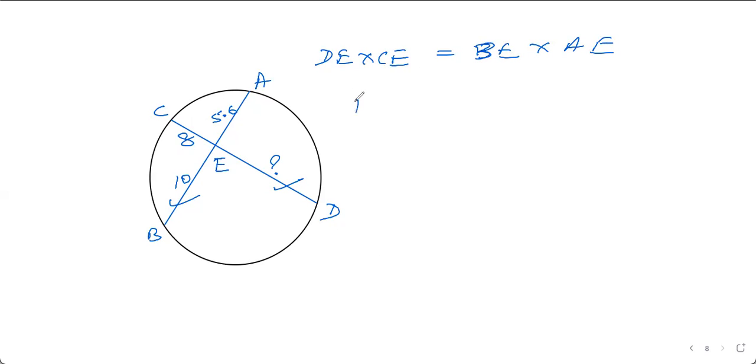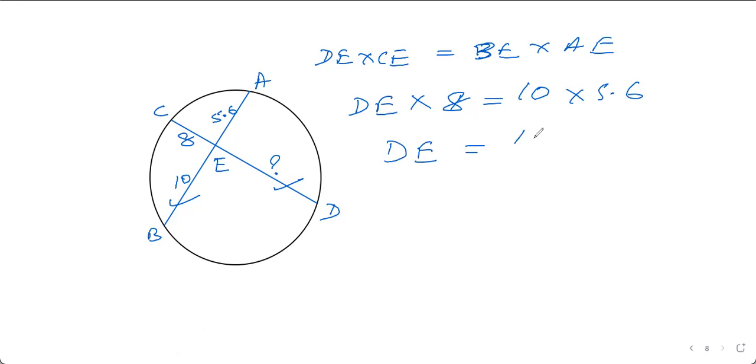So DE we don't know. CE is 8. EB is 10 and AE is 5.6. So our DE